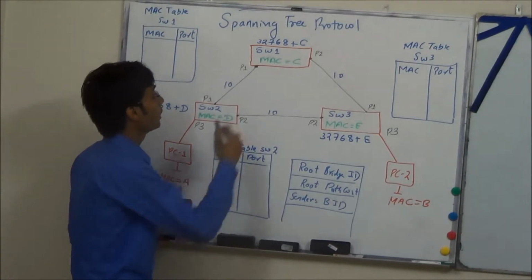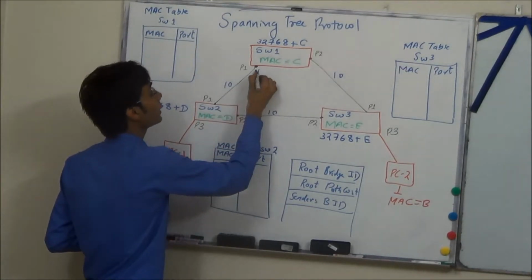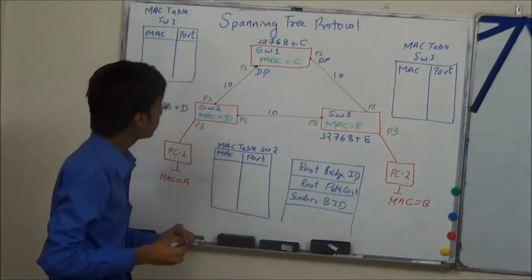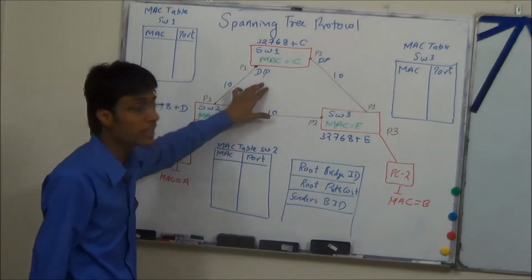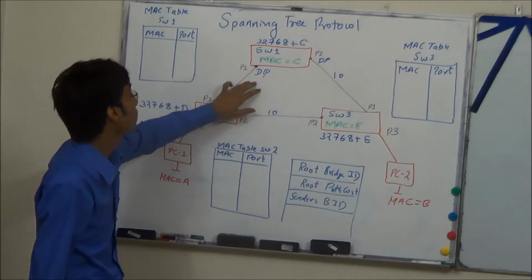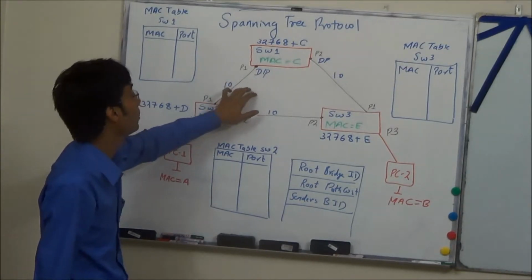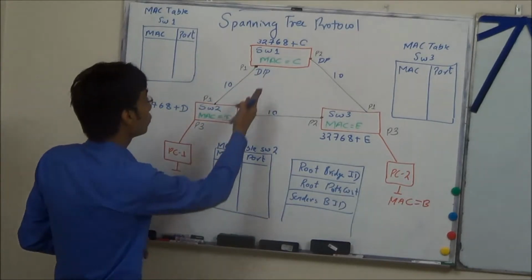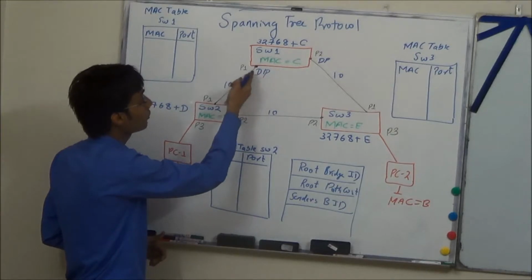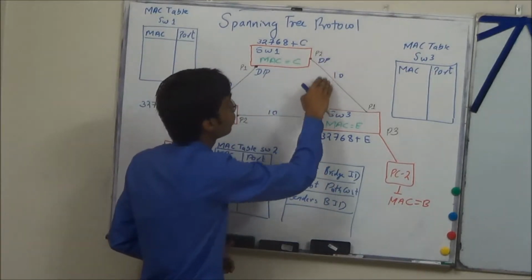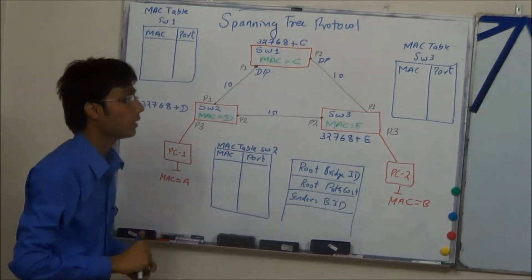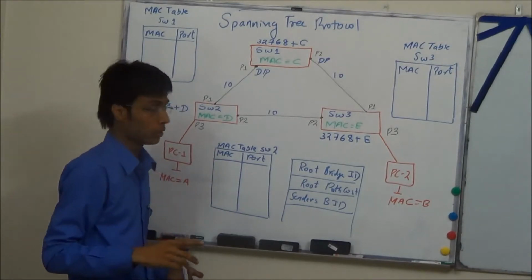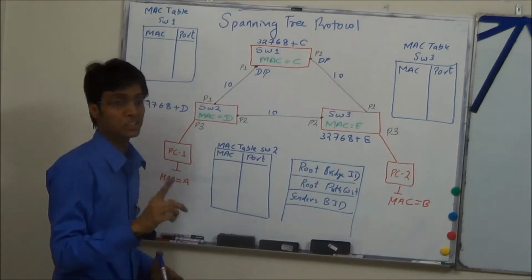What are designated ports? Every port of a root bridge is a designated port. Designated ports are the ports in forwarding state which are allowed to send BPDUs or control frames through them, and they also allow data frames to pass through. So switch 1 will send a BPDU through its designated port P1 and a BPDU from designated port P2. Fine. Now we have to elect another term called root port. We will elect a root port on every non-root bridge, and every non-root bridge will contain a single root port.